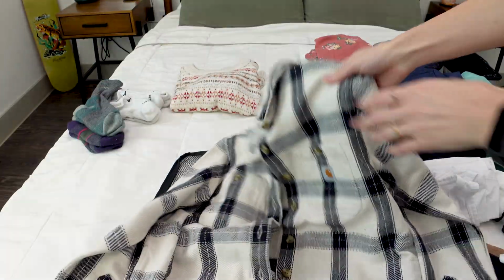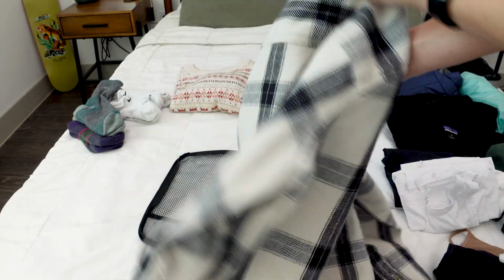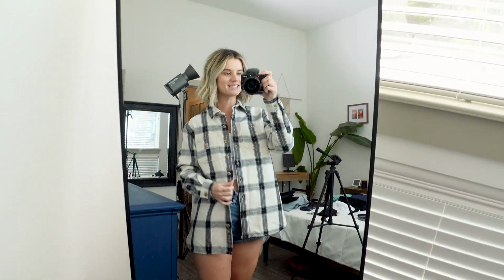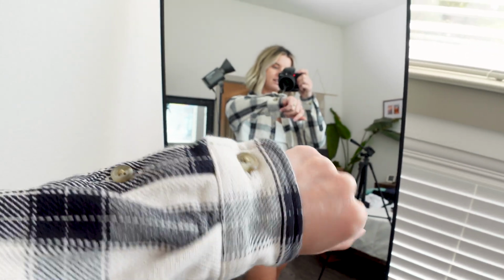I picked up this awesome flannel. This is from Carhartt. This was actually incredibly affordable. I think I spent like $30 on this. Excuse my background once again, but you can see how thick this flannel is. I ordered this from Dick's Sporting Goods. It's not like the nicest in terms of like there's random threads that are just kind of hanging off of it,